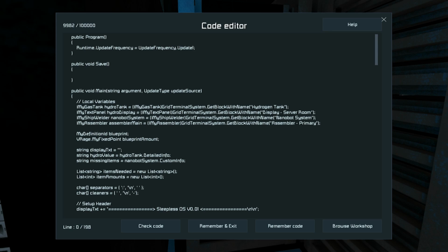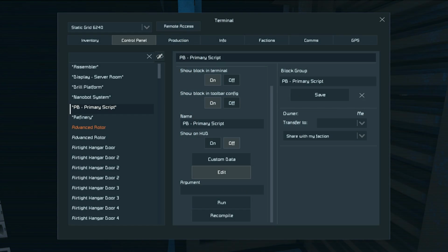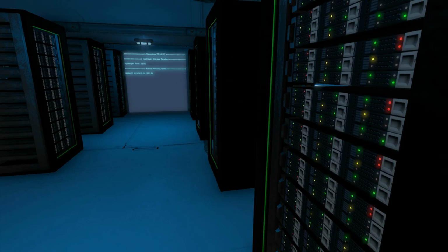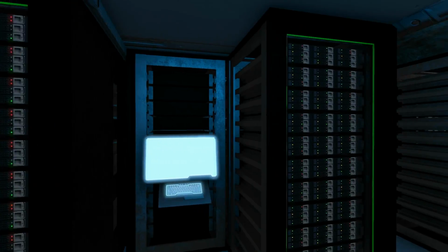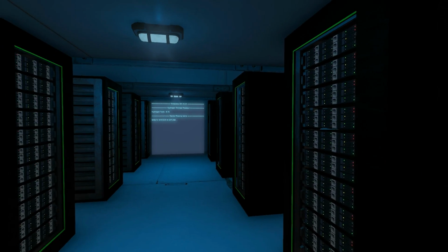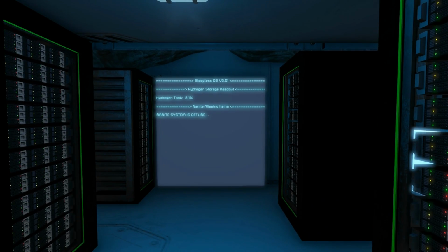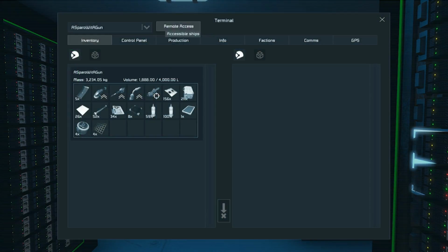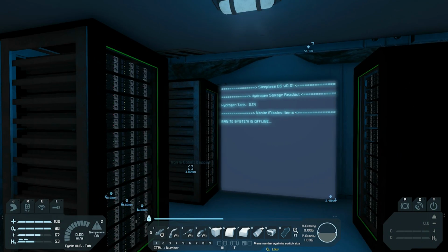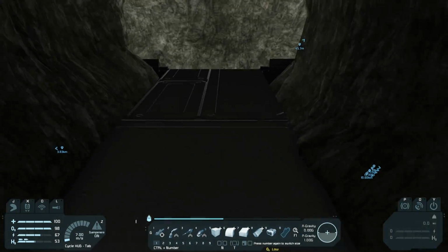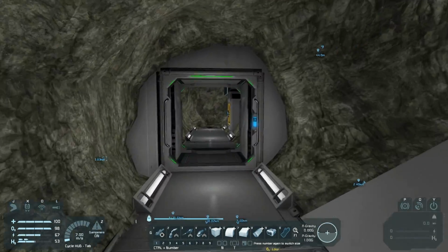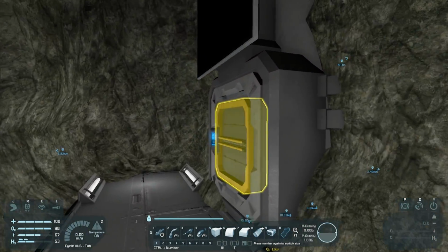You can even set it for 1, and it will update every tick, and that may prevent a few problems that I'll go over later, so I'm going to keep it that way, and I will change it back in Visual Studio when we get over there. So now it's updating every single tick, and we might be able to show that a bit easier with the hydrogen. I'm not sure, but it's currently at 8.1, and if we run over here to the hydrogen tank and fill up our